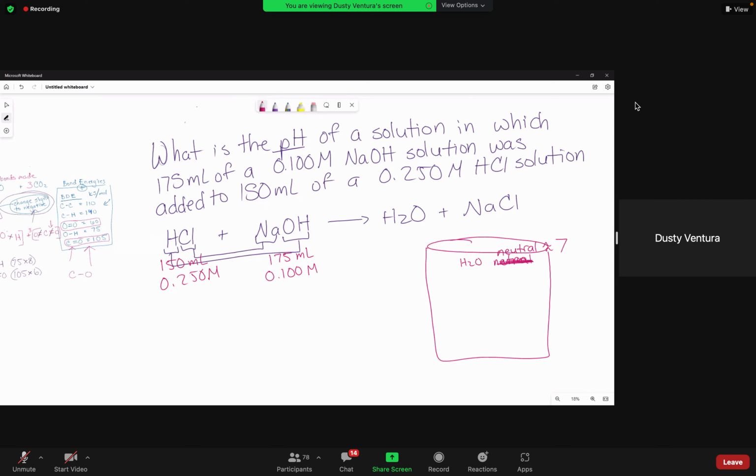What is the pH? Water is going to have a pH of 7. But any remaining H+ is going to make it acidic, or any remaining OH- is going to make it basic. So we need to figure out which one of these two we have remaining. So it's simple. Just turn both of them into moles